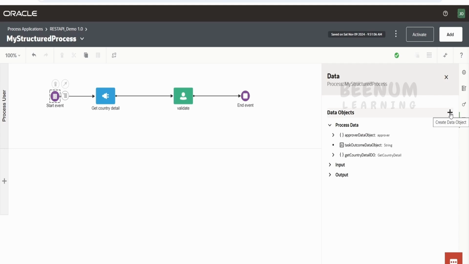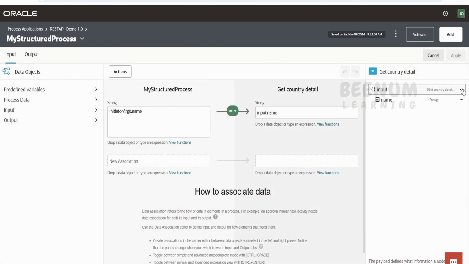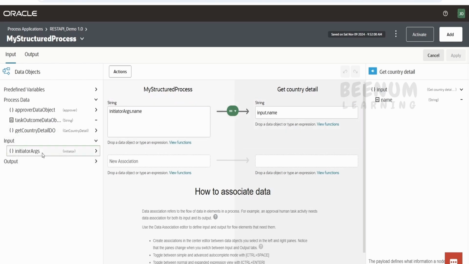Suppose you want to hold a value at runtime in some variable. If you look at any of the activities over here, we will have a data association. Now let me click on data association. If you closely observe, this data association is associated with a connector, as we studied in our earlier class, where we called the REST API with the help of a connector. That API is accepting a name, but in order to pass the name, we should have a variable which holds this data. This data is by default stored in the initiator argument, which process automation creates when we